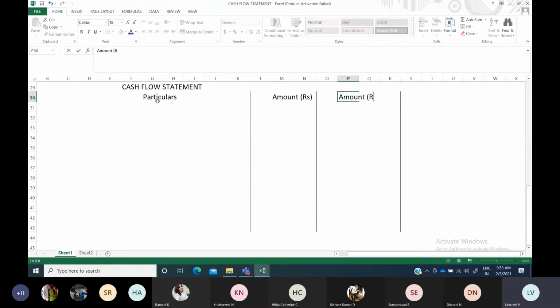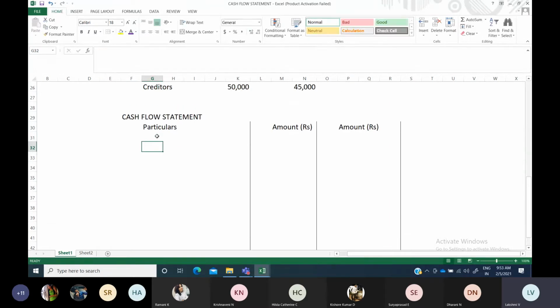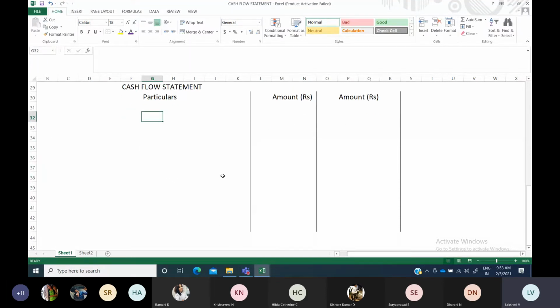Here it is somewhat different from the fund flow statement. If you see, you will start with sources of funds. Then you find what all the sources are. You will add all together the total sources of funds. You will find out the application of funds. You will list down all the items, and sources minus applications. You will find either an increase in working capital or a decrease in working capital, and find out whether the amount is getting matched with the first step. So that is your fund flow statement preparation.